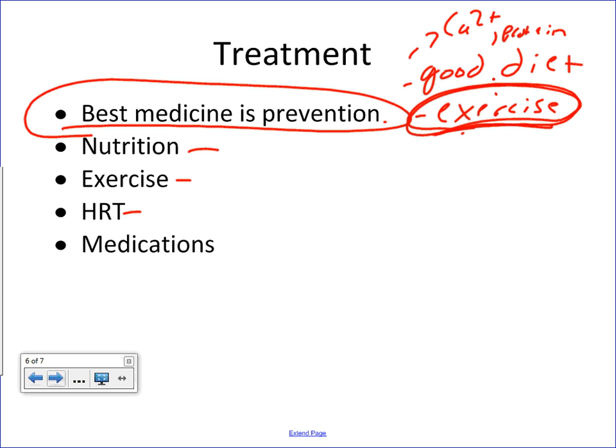But like I said, that doesn't mean you won't get the condition. When people do get osteoporosis, they do have to make modifications in their diet. One of them is they typically make a person increase their calcium intake. Okay, a person with osteoporosis can exercise, but you have to be careful. You have to be careful with the weight-bearing exercises with a person who has osteoporosis, or even doing something